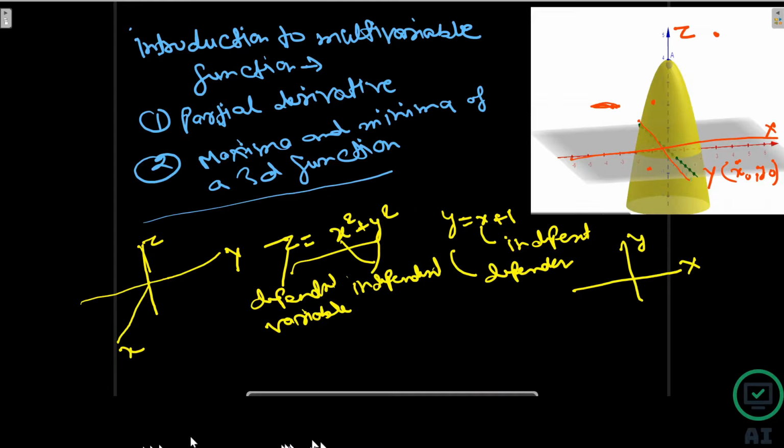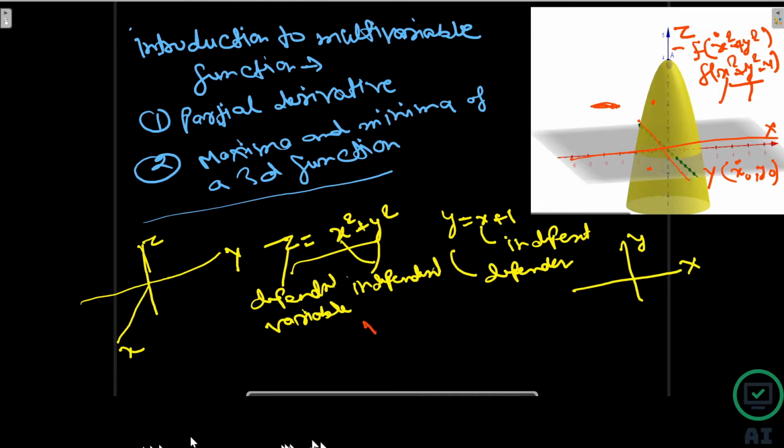For each and every point or tuple, x0, y0, x1, y1, x2, y2, we will have a corresponding value over z. That is the function value. So this z is the function value. The function could be anything, x square plus y square, let's suppose, or x square plus y square minus 4. If you put x and y inside this, it will give you a value over z. So this is two dimension.